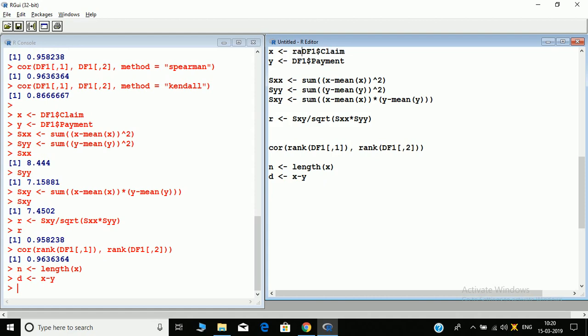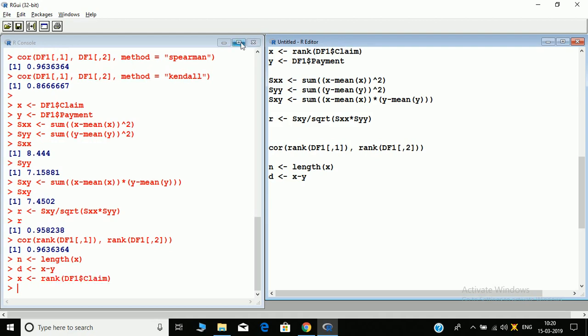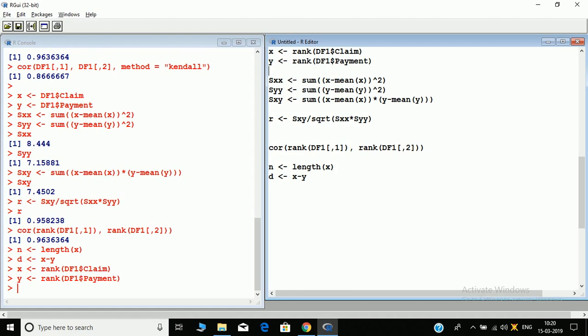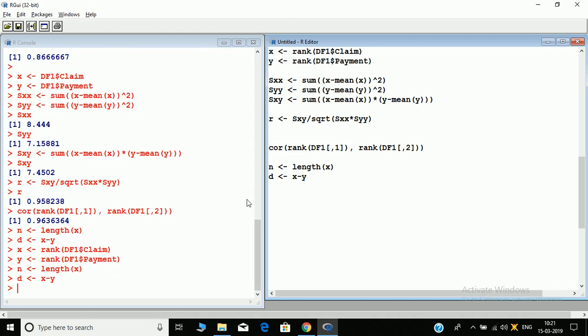Let's overwrite X and Y: rank of df1 claim and rank of df1 payment, and store these two in X and Y. D will be X minus Y. Now let's run D, and then we have 1 minus 6 into the summation of D square, whole divided by n into (n square minus 1).